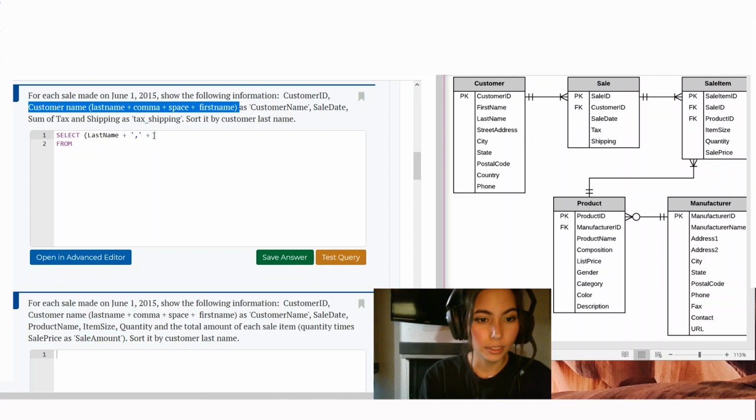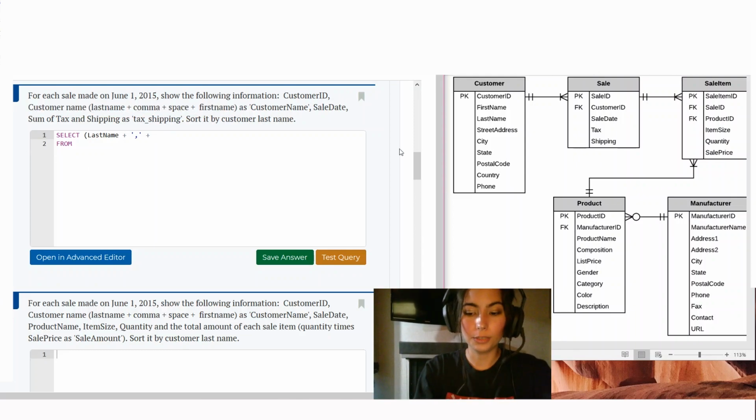Okay, so that means I'm going to put another single quote, and inside the single quote I'll put a space, plus, so I can connect the first name, capitalize that, close parenthesis, and I'm going to assign this column a name of single quote